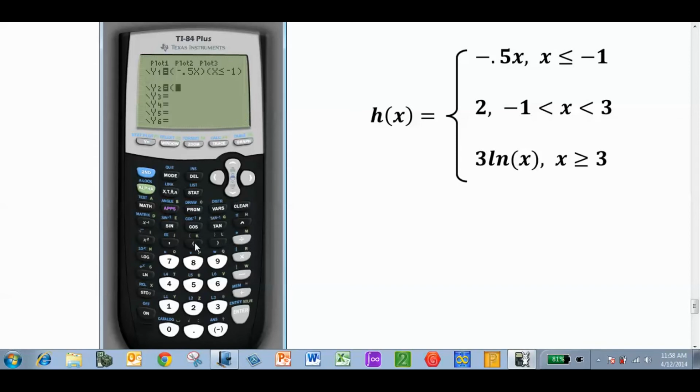In y sub 2, I have a constant function of 2, so I'll enter that in parentheses, and then my constraint is a compound inequality. I'll put this in, this time I'll put -1 is less than, it's the fifth option, x, close parenthesis, open another one, x is less than 3,